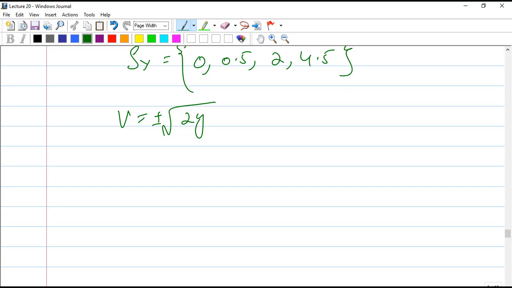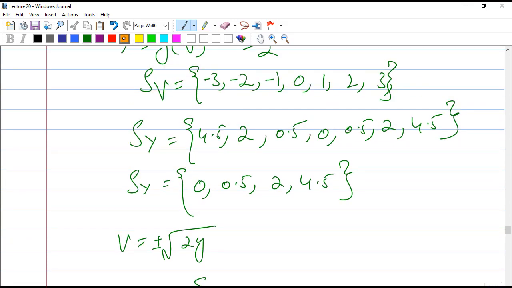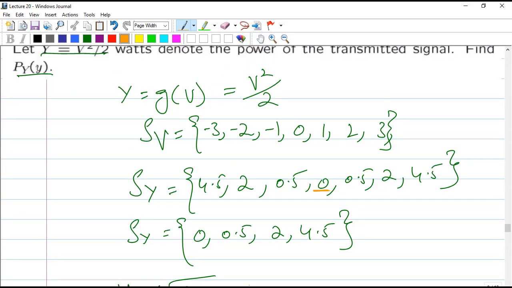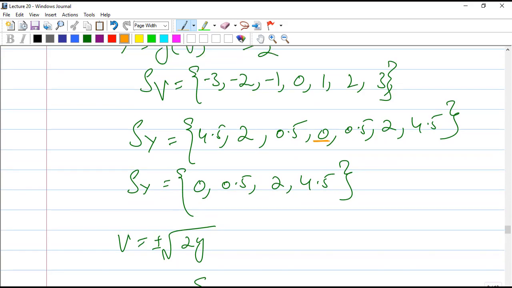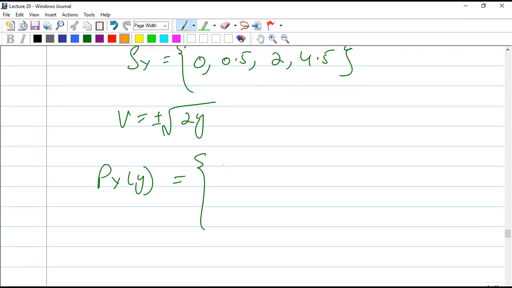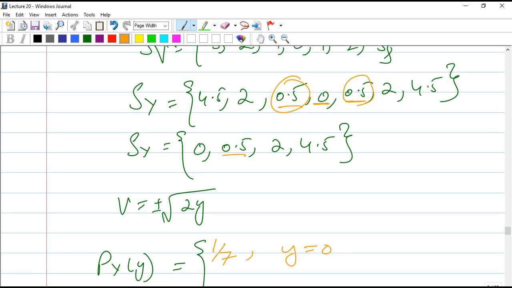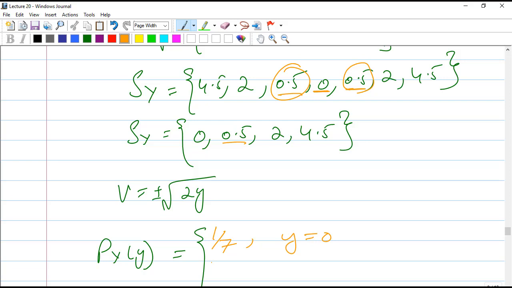So we can now write the P_Y of y. We have to be careful while writing this P_Y of y. We have to see how many values are repeated. So 0 is repeated only once, so it means that for y is equal to 0, it is 1 by 7. So we can start from here, 1 by 7 for y is equal to 0. But 0.5 is repeated twice. So we will get 2 by 7